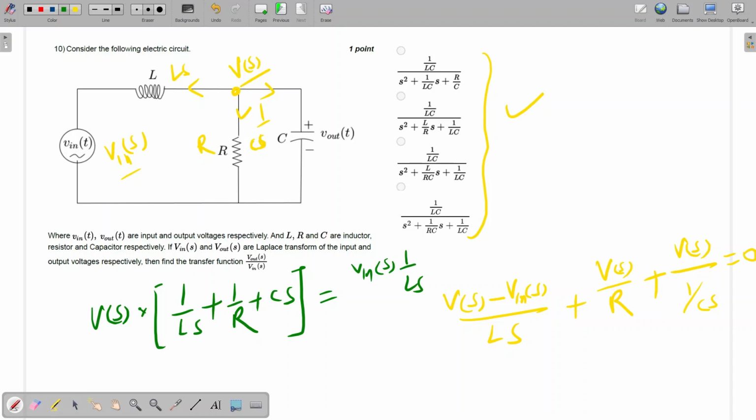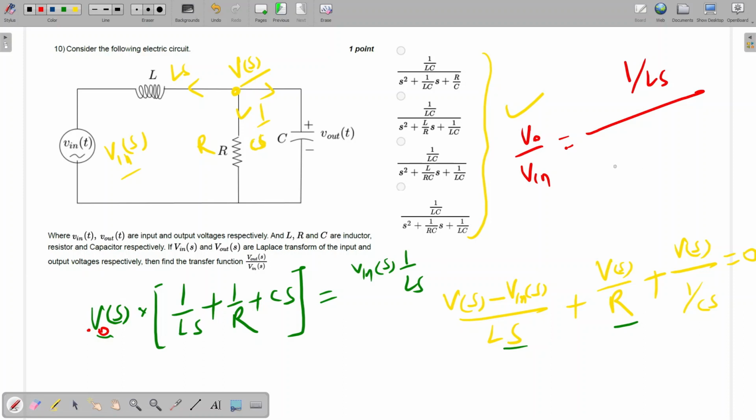I am taking V of S common, so 1 by Ls plus 1 by R plus Cs is multiplied by V out. So V out by V in is equal to 1 by Ls divided by,